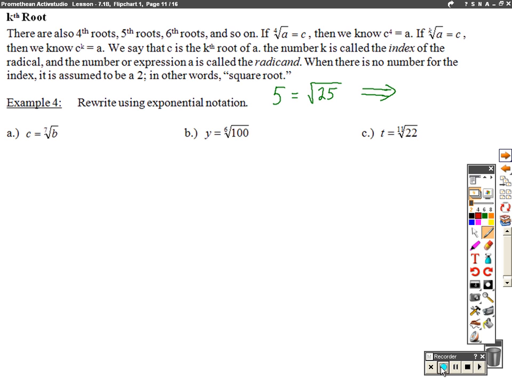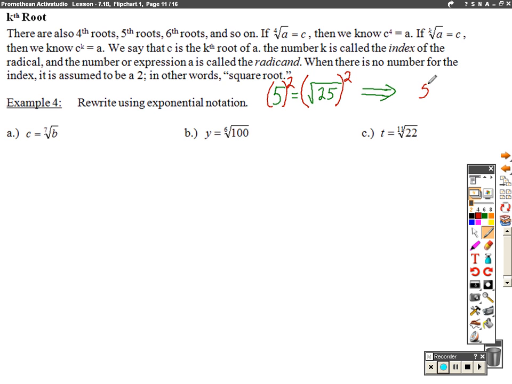Okay, this example here is just going to give us some practice on going from radical notation to exponential notation. Right here, 5 equals the square root of 25. This is radical notation because we have a radical. If I wanted to get rid of the radical, which we are eventually going to want to do, I'm just going to take both sides to the power of the index. So here my index is 2. So if I square both sides,